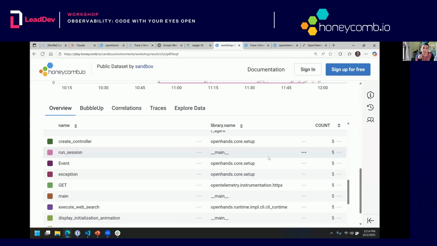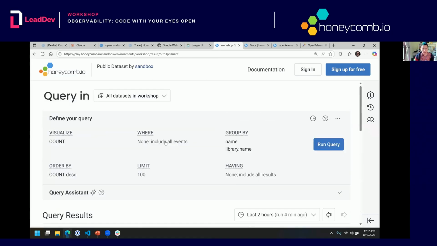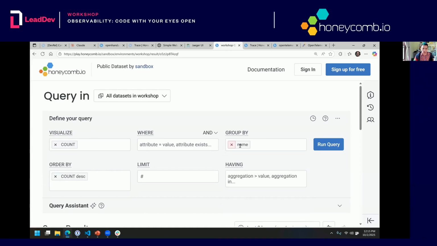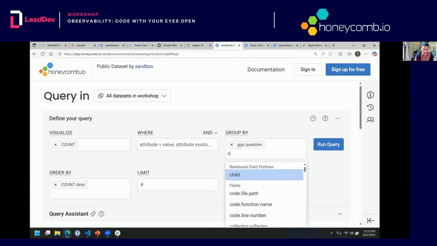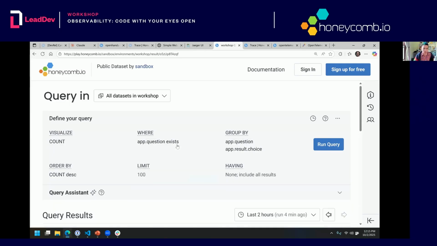It's the power that we give ourselves. We deliberately get the code to tell us what's going on and give us the clearest messages. And what's going on includes the users. So whenever the users are interrelating with the software, we can measure that and find it out. For instance, check this out. If I look for what we're asking people, the questions, and what they chose, only where a question exists, please, I can find out whether